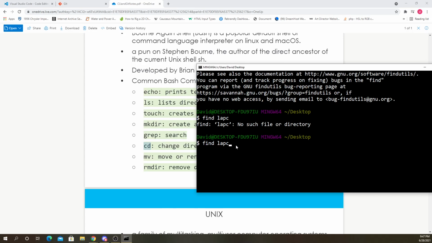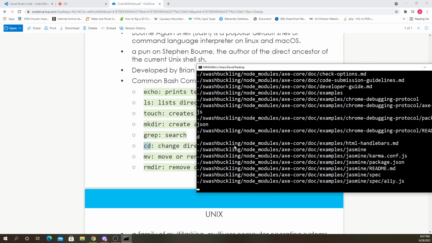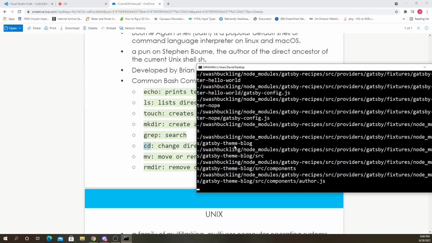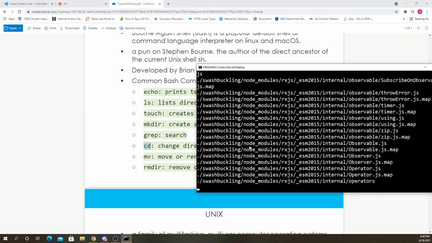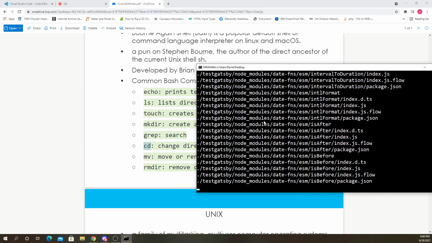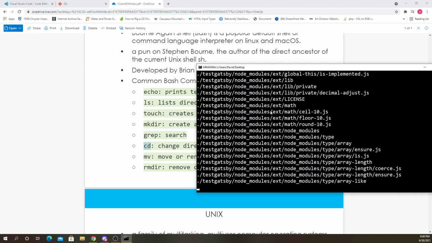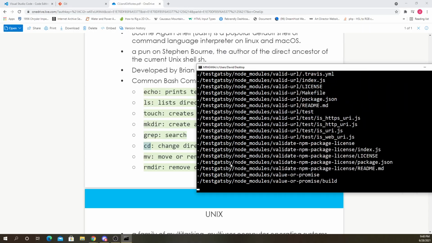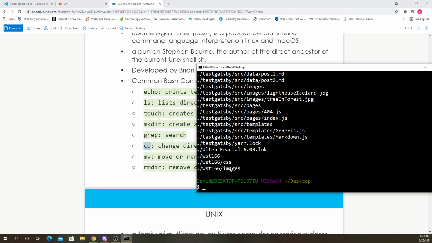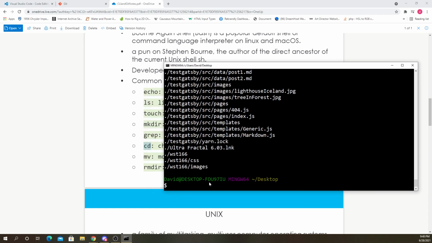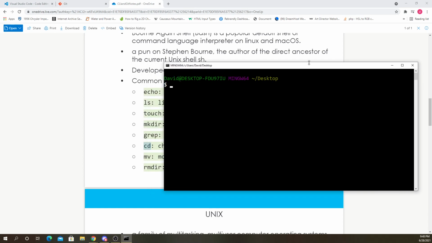I'll just look for it later. Oh, what are we doing? Guess I'm searching my entire desktop right now. Oh, and because I have all these React Gatsby files, there's a lot of stuff in there. It's gonna try to search the whole thing, and it did not find it, obviously, because it's not on my desktop. So I will clear that.